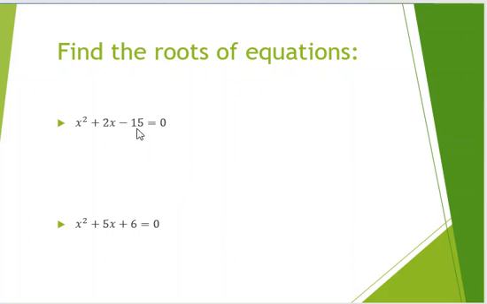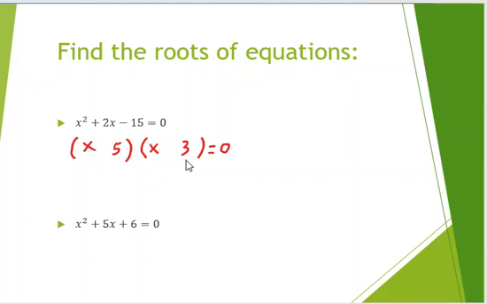Find the roots of the equation. Again, you start opening parentheses. If you had a leading coefficient different than 1, then there's a little bit more involvement, so it's not going to be this straightforward, but it's still not hard. So let's see, x times x. I need 15, so 5 times 3 would give us 15, but I need negative 15,